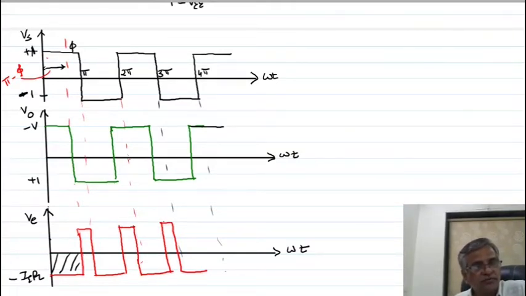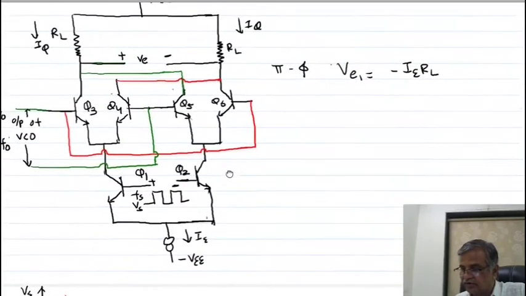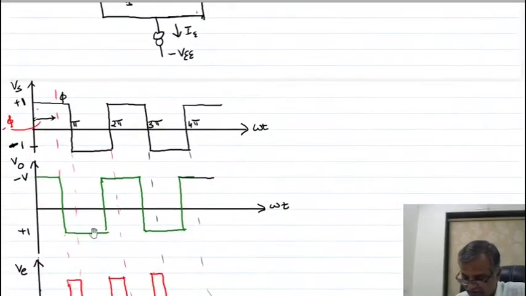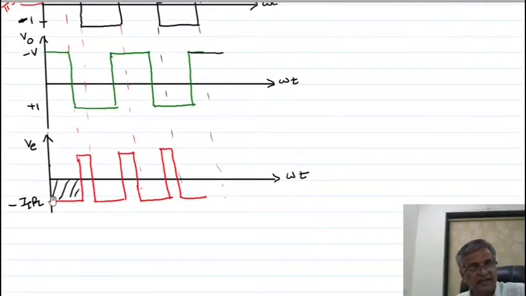So listen again. During this time interval, your transistors Q1 and Q3 are in forward bias, so current passing through the transistor Q3 is large. As a result, output voltage at the collector of Q3 is low, and that value is minus IERN. So that I am showing you, minus IERN.